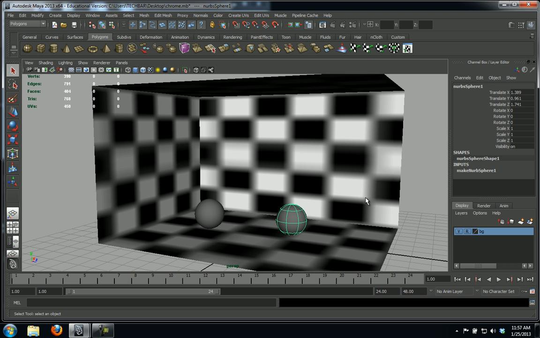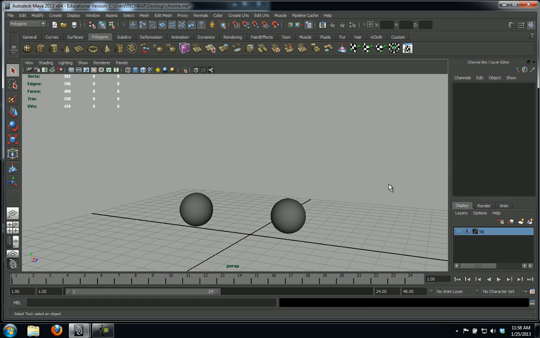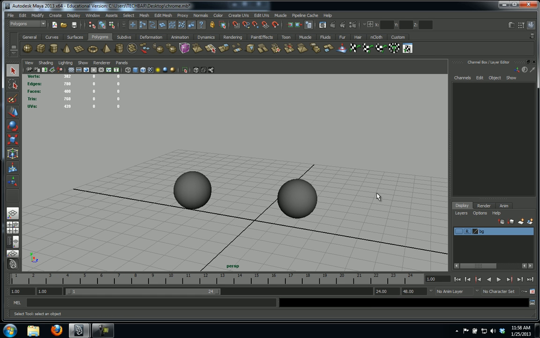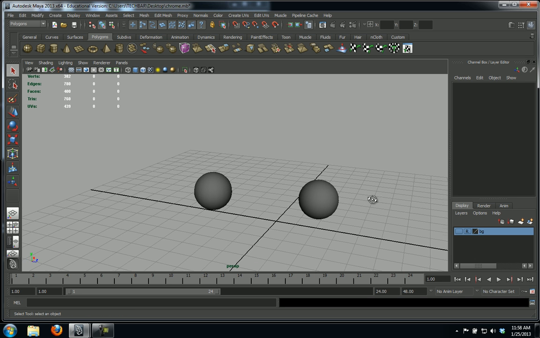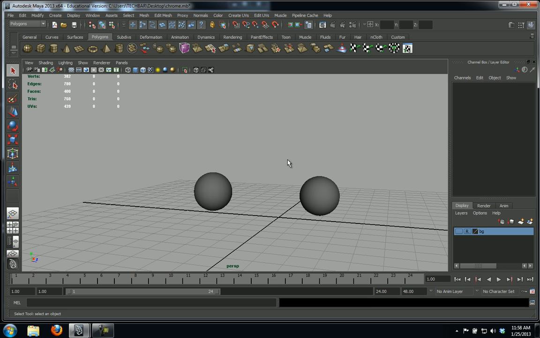So to get started, I'm going to just go in here and I'm going to make the background invisible so we can see what we're doing. We can get that out of the way, and I'm going to make that come back in just a second. So to start off here, I'm going to apply the surface material to, I'm going to start with the polygon,